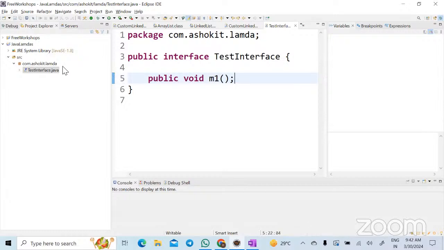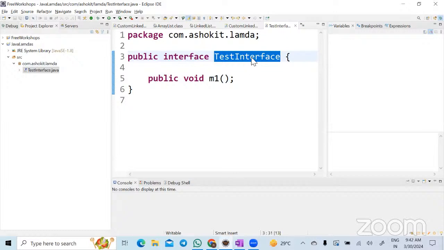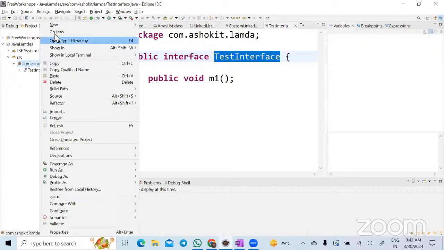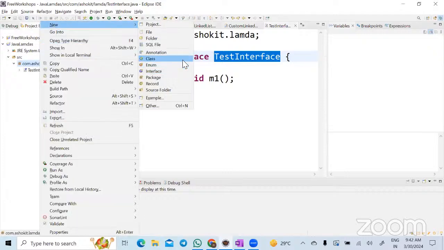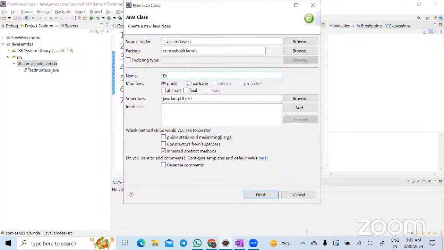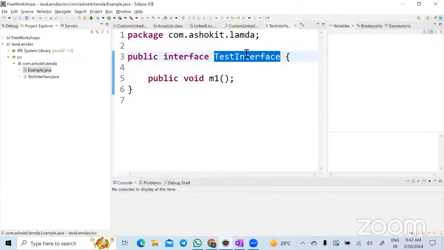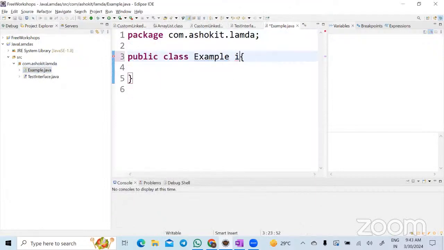Yes. Now, in order to use this interface, what do you do generally? Implementation. You can create a class, implement that interface, and override it. The body of that method you can write in the class. So first we are going to create a class. I am creating a class called Example. Now, since the class implements the interface